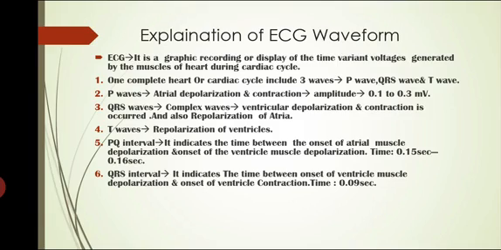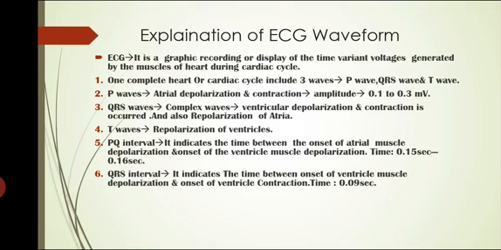QRS wave is considered a complex wave, because during this QRS we are getting two processes. One is the repolarization of the atria, and at the same time we are getting the depolarization of both ventricles. So QRS is considered a complex wave. During the QRS we are getting the ventricular depolarization and contraction, and at the same time the repolarization of the atria.